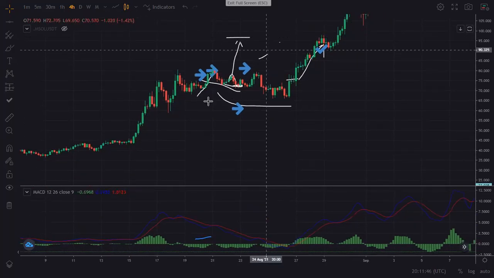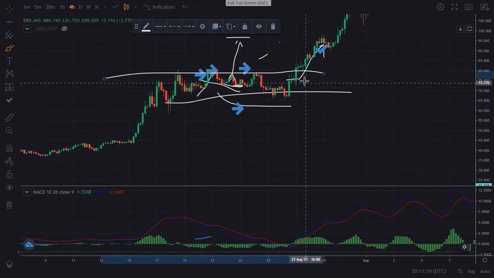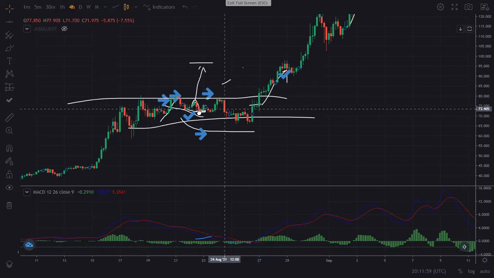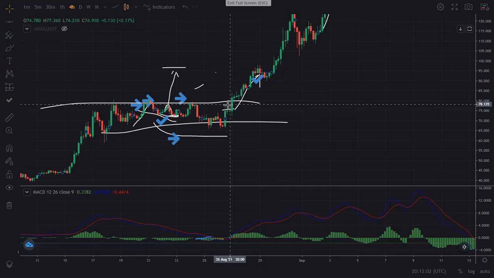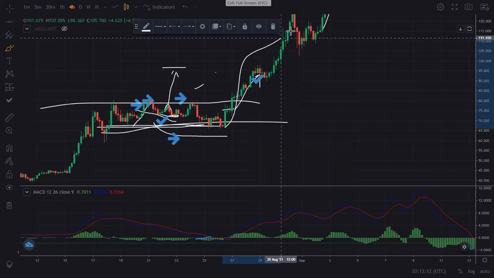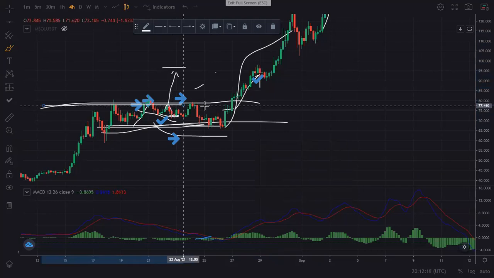So when the market is ranging, when the market is at the horizontal plane, you actually have to be tactical and wait for the market. Once you see a very good breakout, you enter into the market. And remember, I told you that when markets range, they're actually gathering momentum. And once they gather momentum, they are going to go very, very high up. So you have to wait for ranging markets. When you see ranging markets, you'll be tactical and you wait to see when the market is going to go